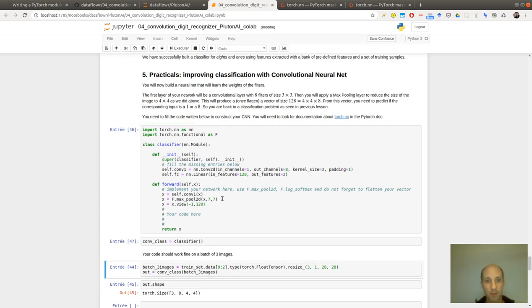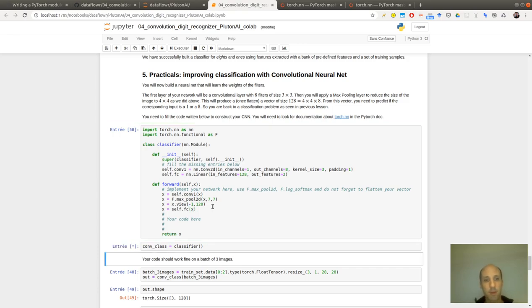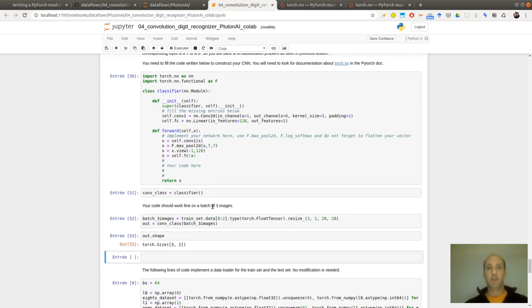Yes, it's working. So now I'm starting with a batch of size 3 images. I'm obtaining a batch of 3 vectors of size 128. So now the last thing I need to do is pass this through the linear layer.